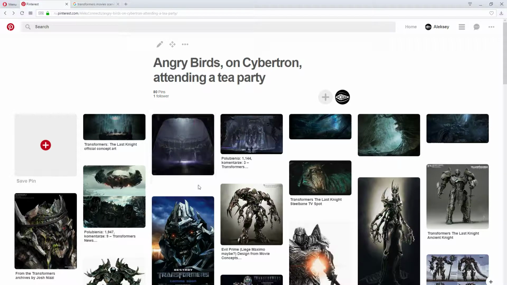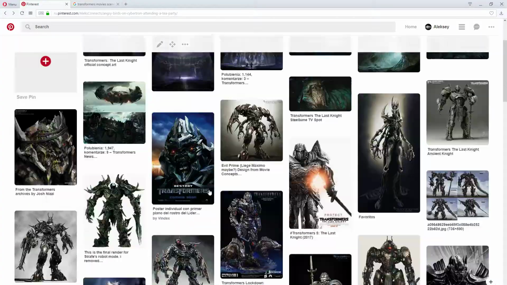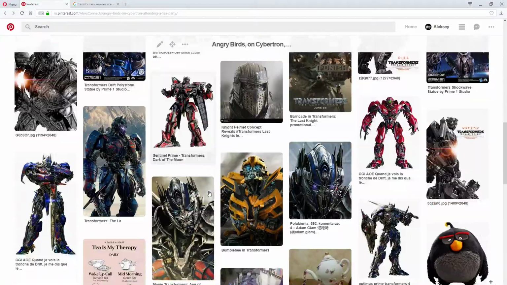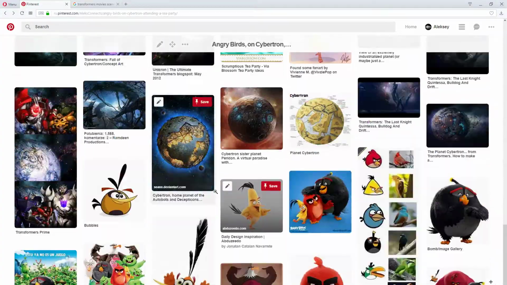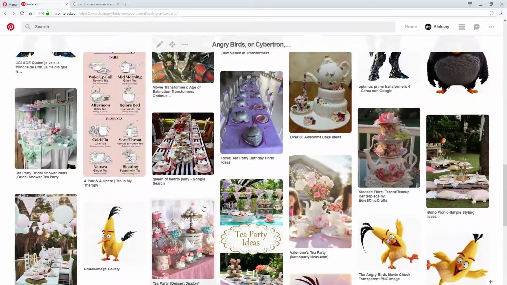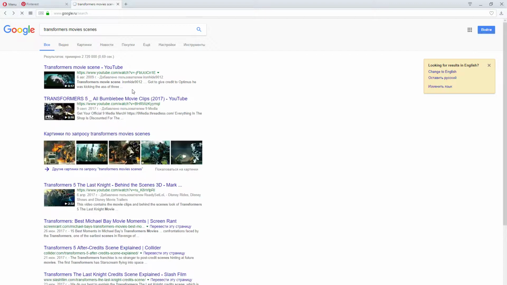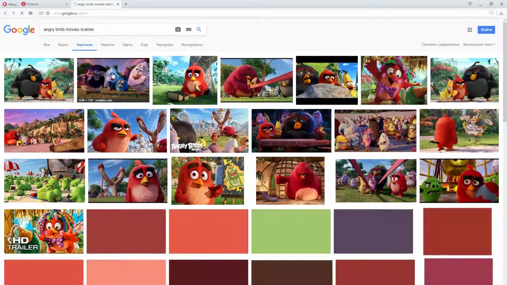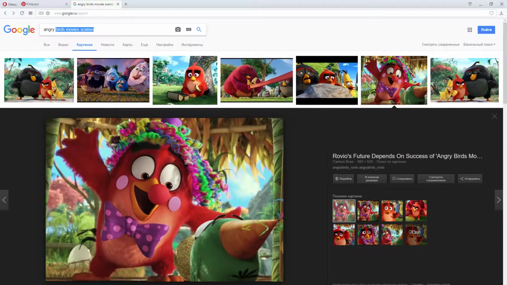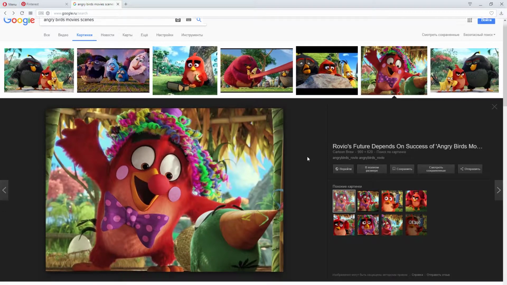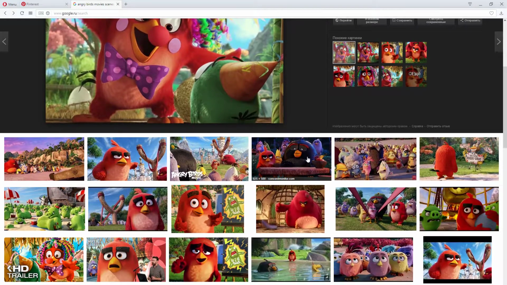But for now, how you would approach this type of reference search is by simply saving some pictures, basically searching movie scenes, because either you get the movie itself and look through it and try to figure out what type of scenes you would use as a reference,